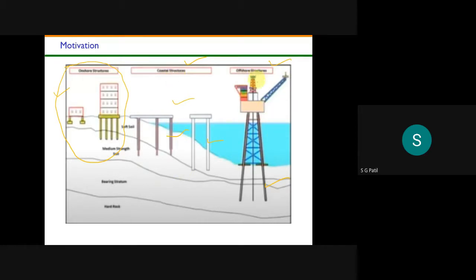And of course, in offshore structures, to support these oil rigs, whatever legs will be there,